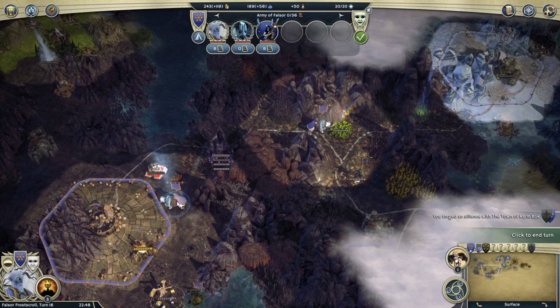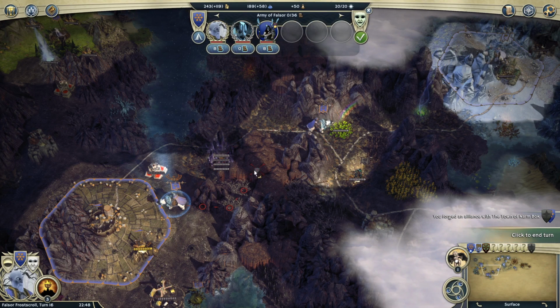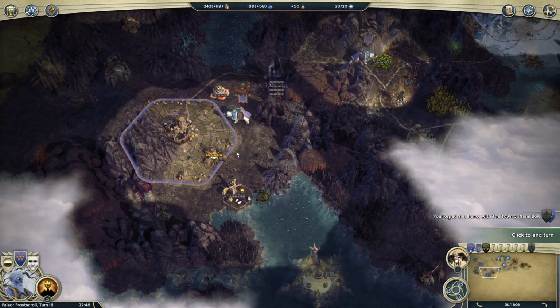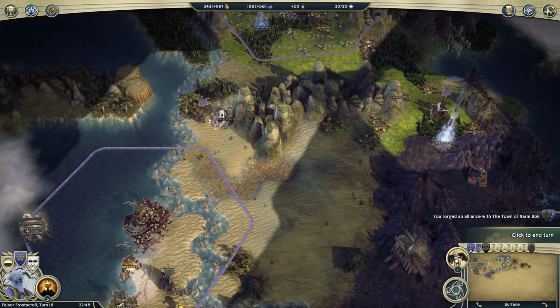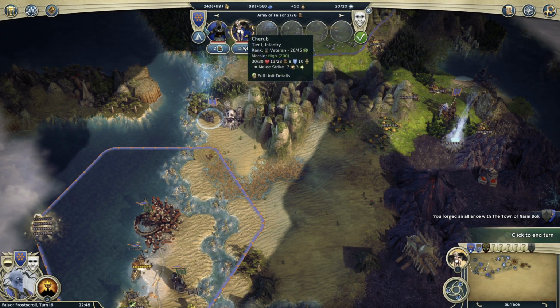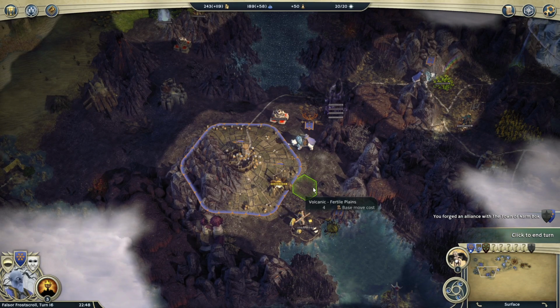And so one thing I suppose I could do is maybe send this Whaler over to join, and then try to augment this stack with, I do have a Snapper Crab I can add in, and I've also got, as you can see here, a Frostling Martyr, and we had a few more units moving down to join us, including this Tier 2 Frostling Clan Guard and this Cherub. But really, I think Nolan's making a great point there that my rogue army needs to be a bit stronger,